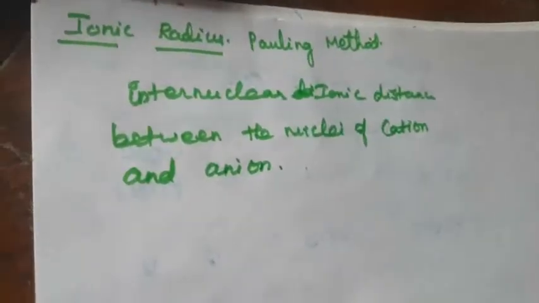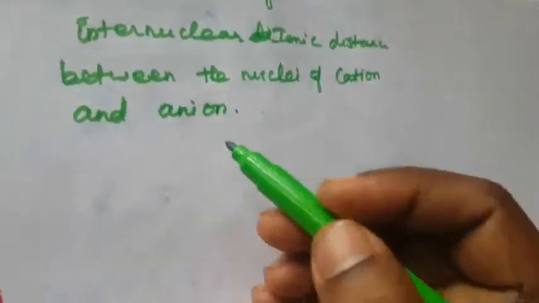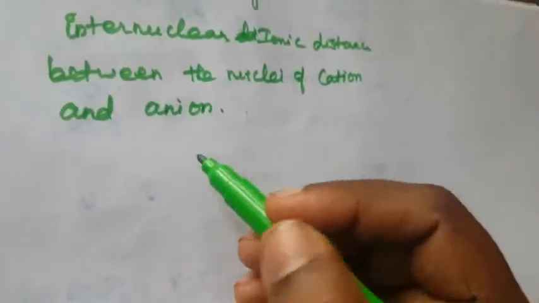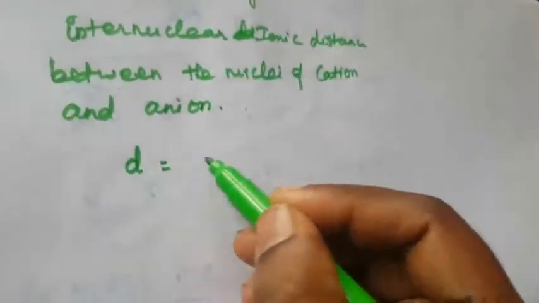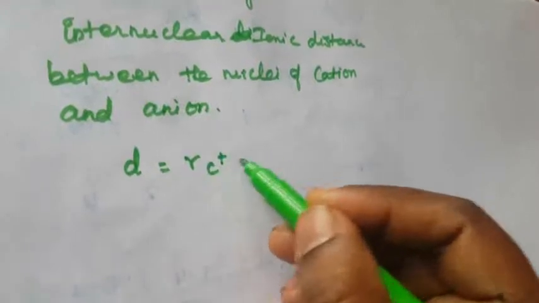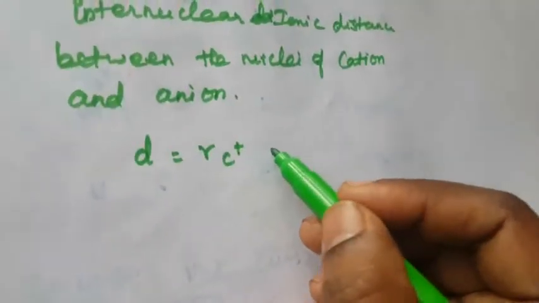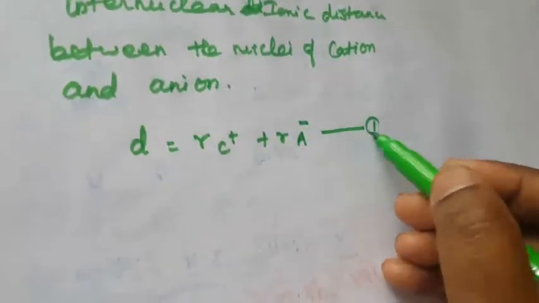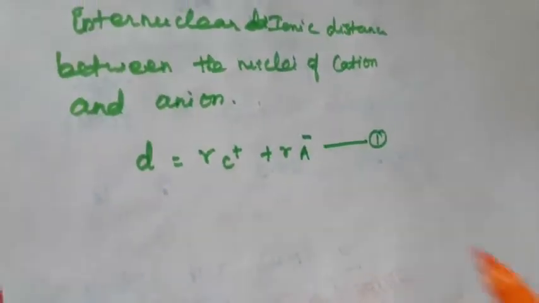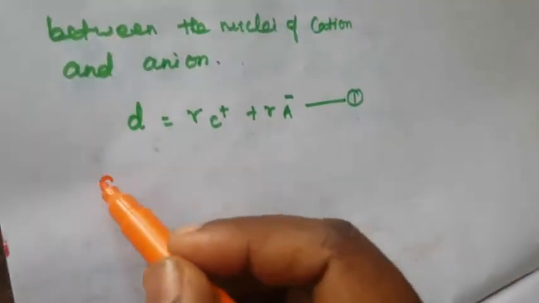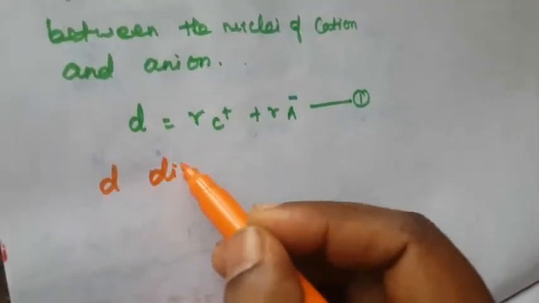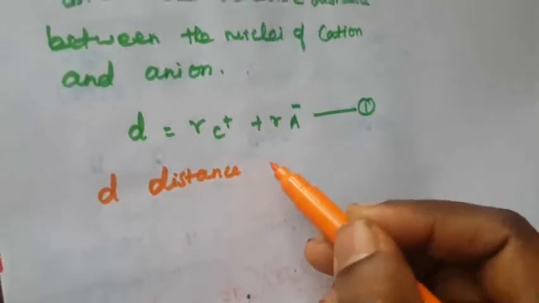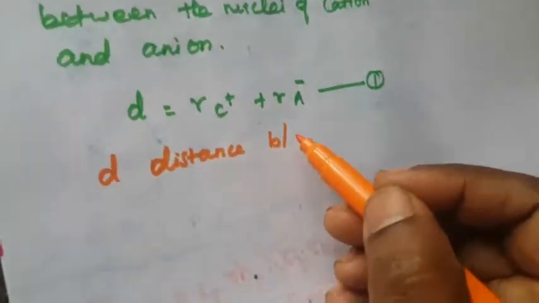Okay, so the Pauling, how to calculate? They considered two ionic radii. So the distance is equal to the radius of cation, that is the internuclear distance of cation, plus radius of anion. That is the first equation, where D is equal to the distance between the two ions, the distance between the centers of the nuclei